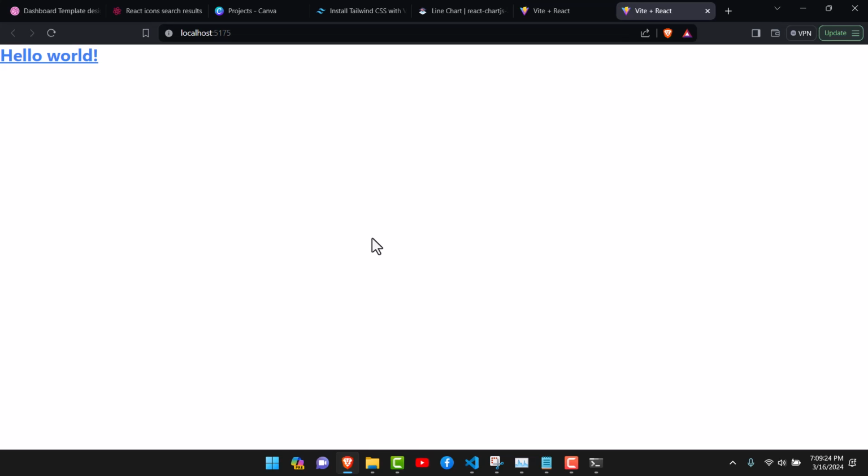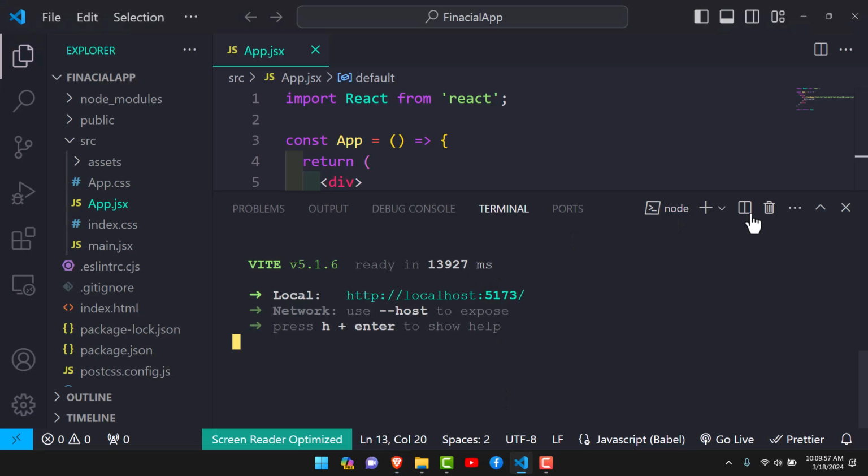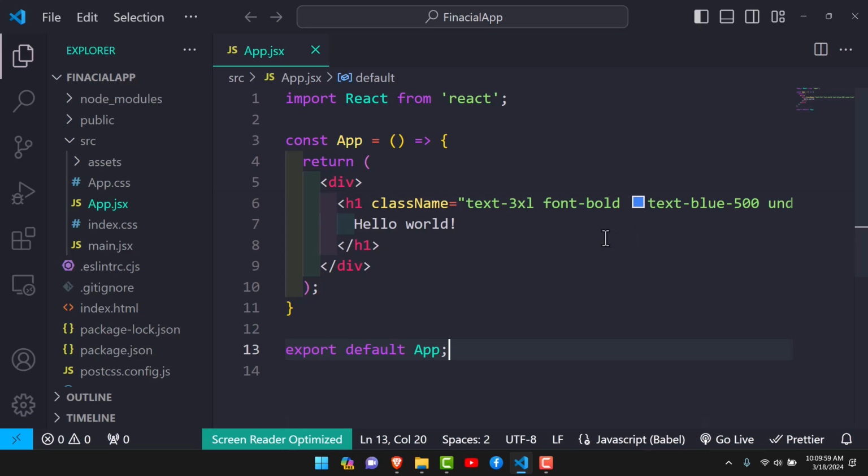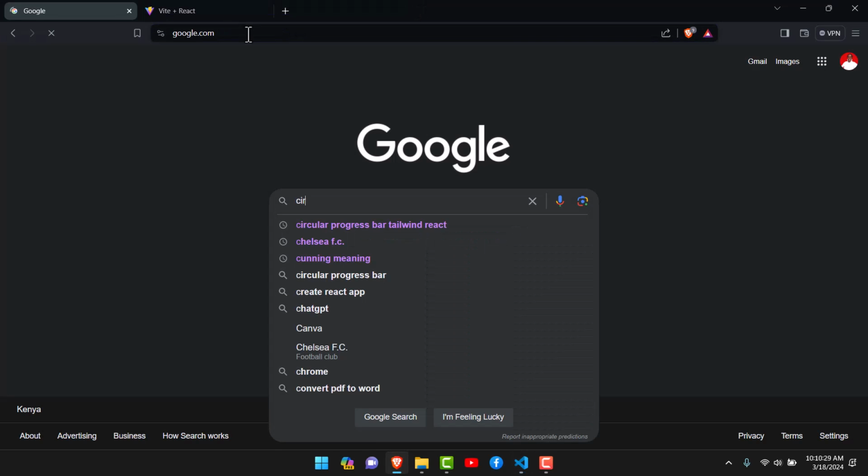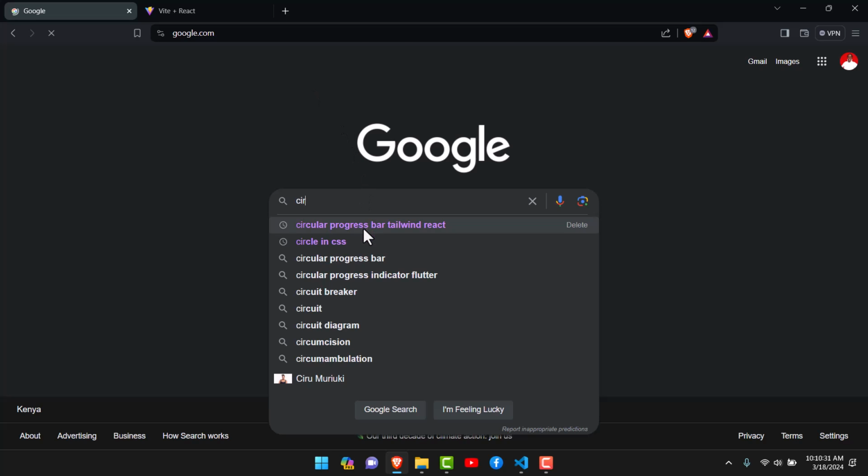So now the next thing that we are going to install is the progress bar. So we're going to head on back to the browser. Here I want to go with a circular progress bar, so with